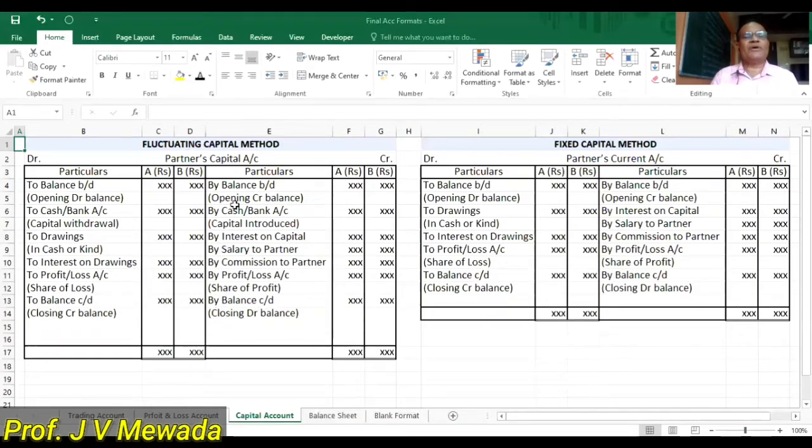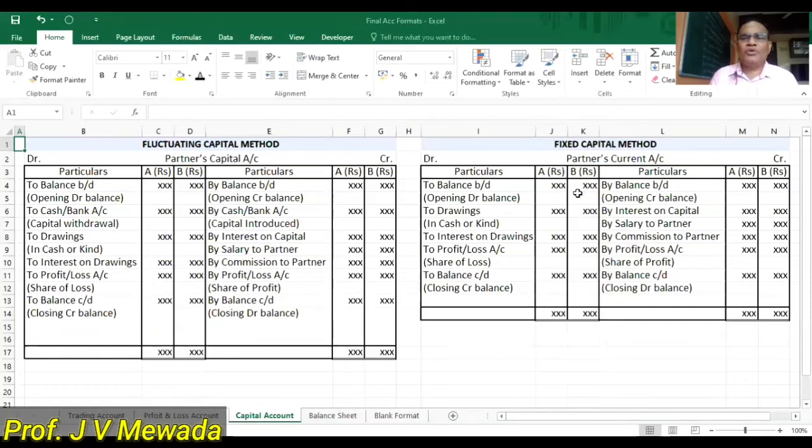This I have already explained in my second lecture, methods of capital account. Okay, so whenever we are passing an entry on the credit side, the balance of the partner increases. Whenever we are passing an entry on the debit side, the balance of the partner decreases. And there is one entry over here by cash and bank, that is capital introduced, and here to cash and bank, capital withdrawn. These entries are not appearing when there is a final account, but it is only given for understanding purposes, because we did it in the second lecture while explaining the partners capital account. So they will not appear here in the final account, so all others are going to appear.